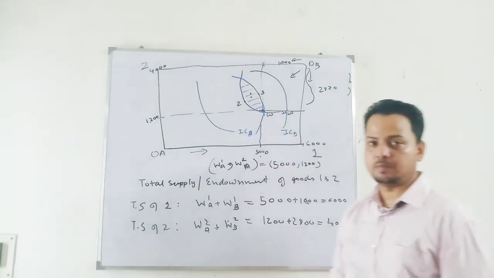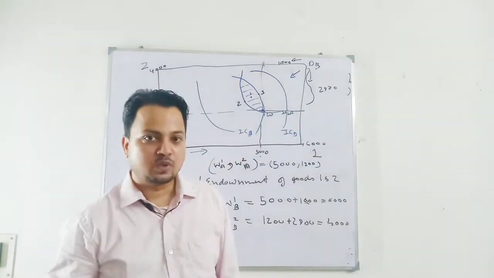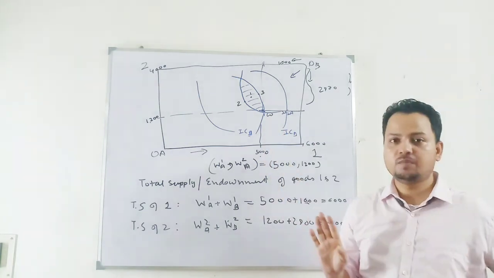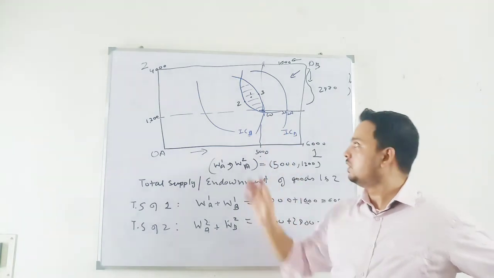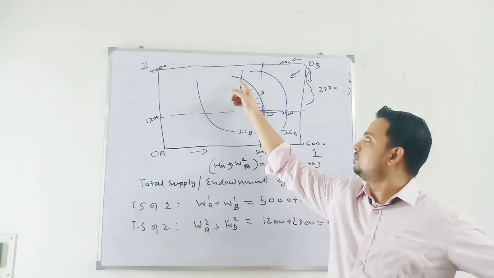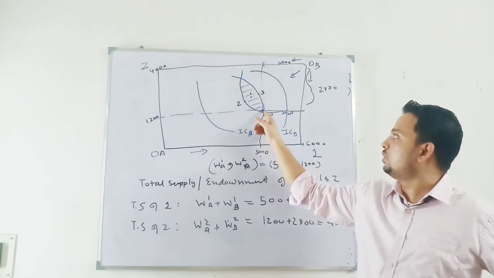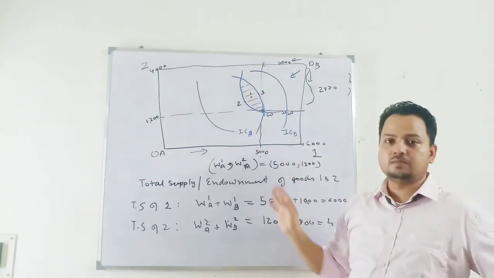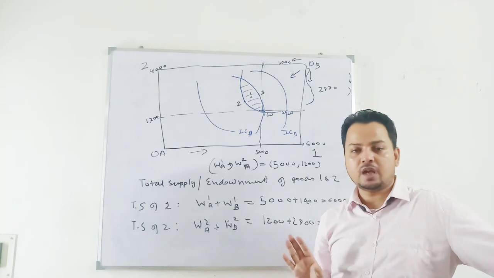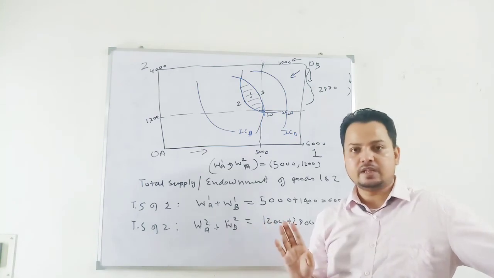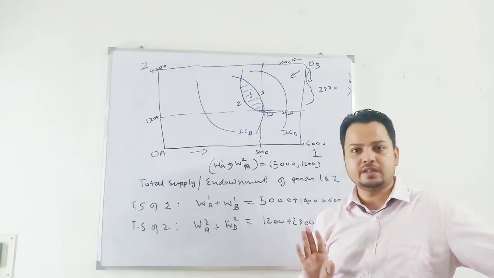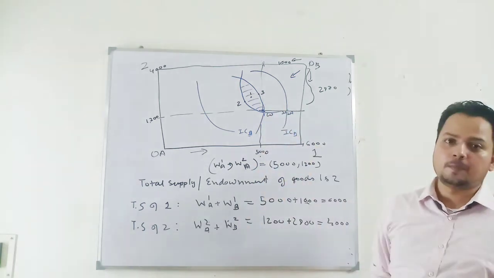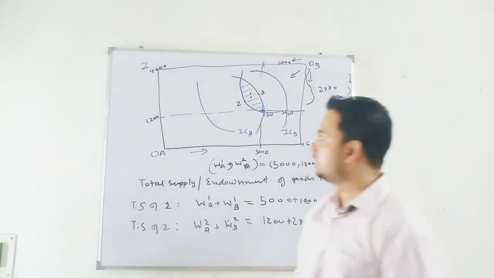Then what will happen? Here, the utility of consumer A increases, and the utility of consumer B will remain the same. Why? Because this indifference curve of consumer B is going through the endowment bundle. So along this indifference curve, whatever bundle consumer B has, it will give him or her the same level of satisfaction that he or she is getting at the original endowment. But the utility of consumer A increases. This will be the answer.